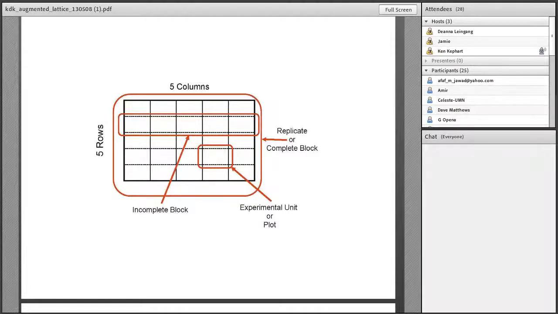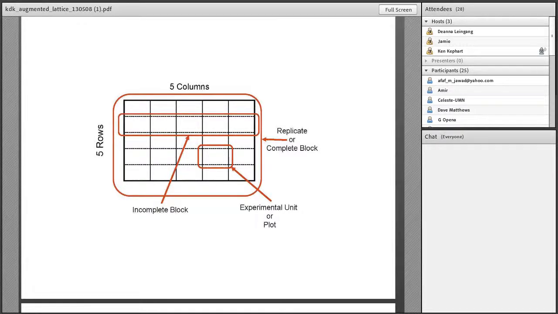But randomization of the treatments is restricted by rows or columns, and so more correctly, this is a partially balanced incomplete block design,